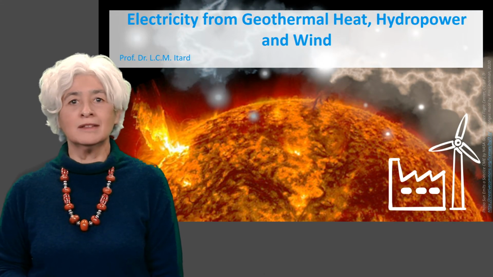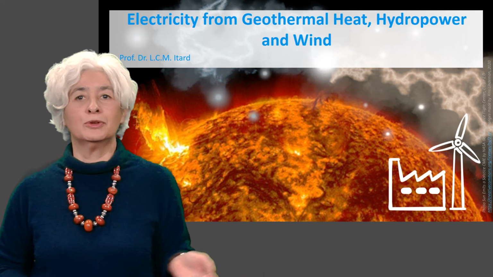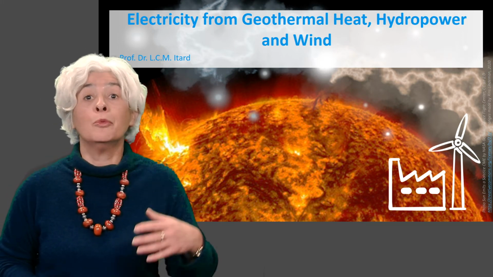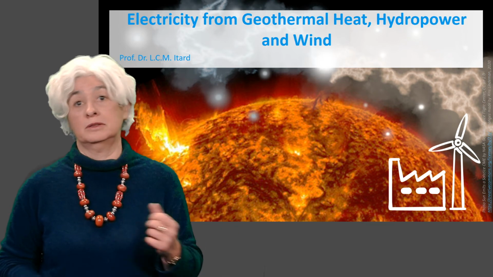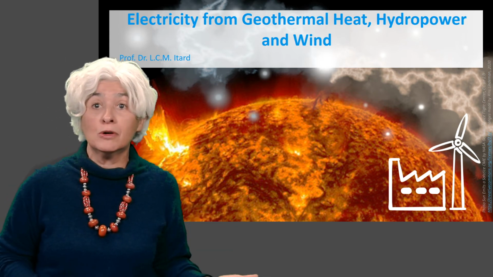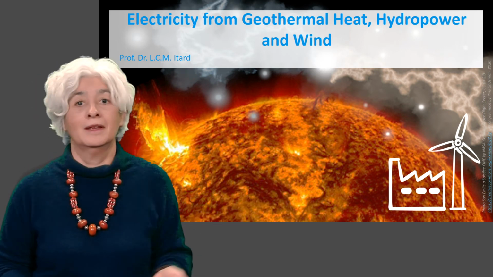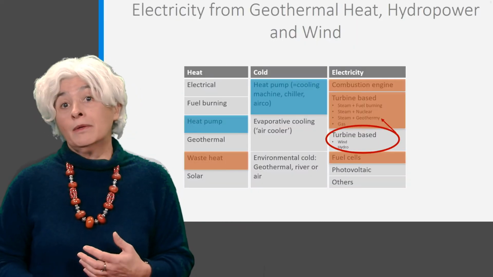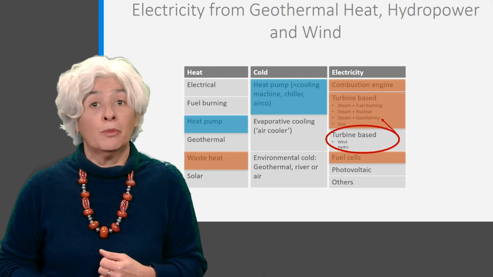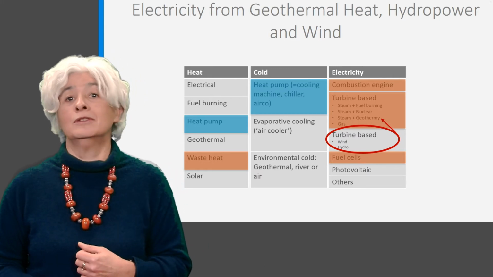Welcome to this second lecture about electricity production. It is again about turbines, but this time turbines without any combustion part. These turbines use renewable sources from the earth core, wind or water. And contrary to what is indicated in the table, we take geothermal steam turbines into account. We even start with them.